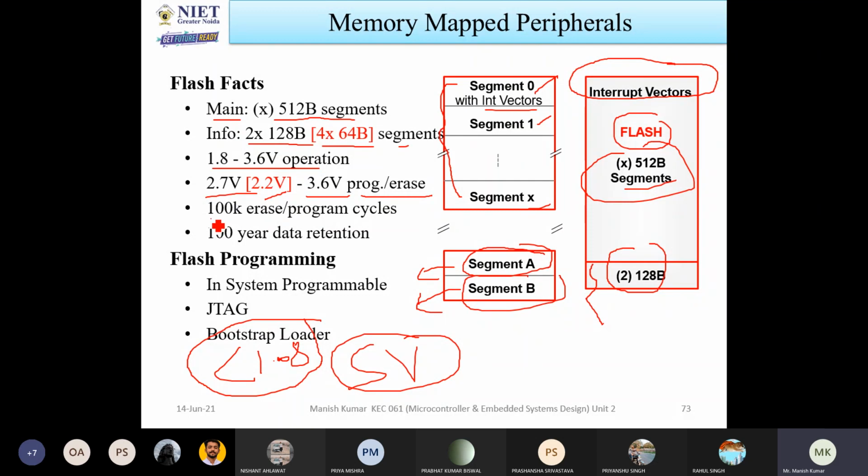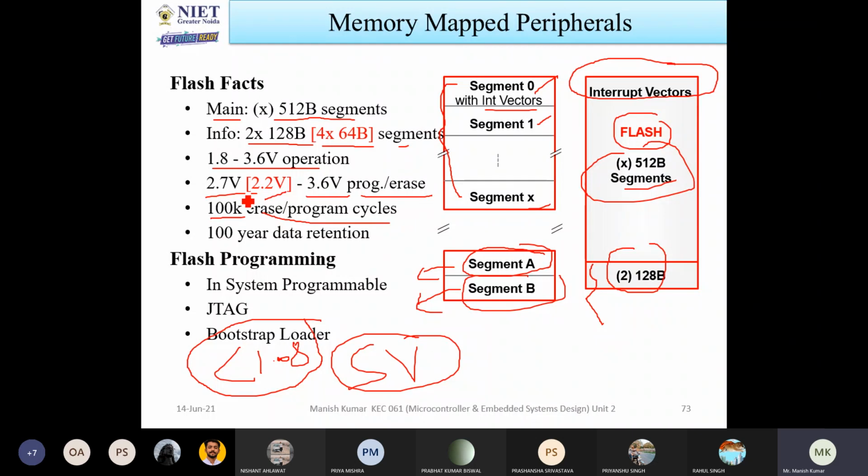And also 100K erase and program cycles. How many times can you erase or program? Like all of you know, whenever you take a pen drive, after certain times, after 3 years, 4 years, 10 years, this pen drive will not work. So already I told you, whenever you are erasing the data, this data will be compressed and it will be living in that particular location. So एक समय आएगा कि वो डेटा होते होते होते होते डेटा पूरा फुल हो जाएगा. Then you don't have any space that you can use.